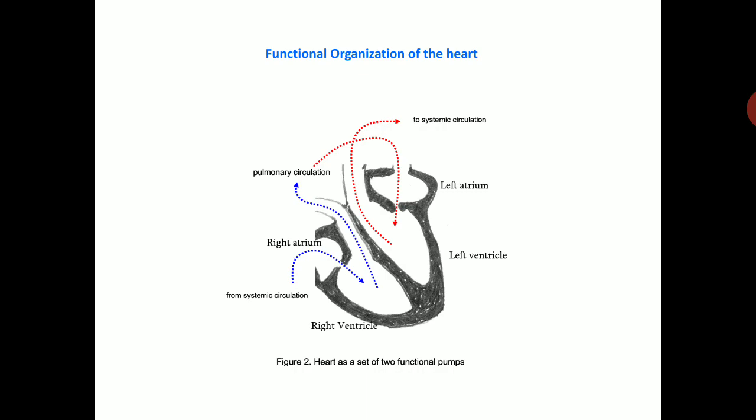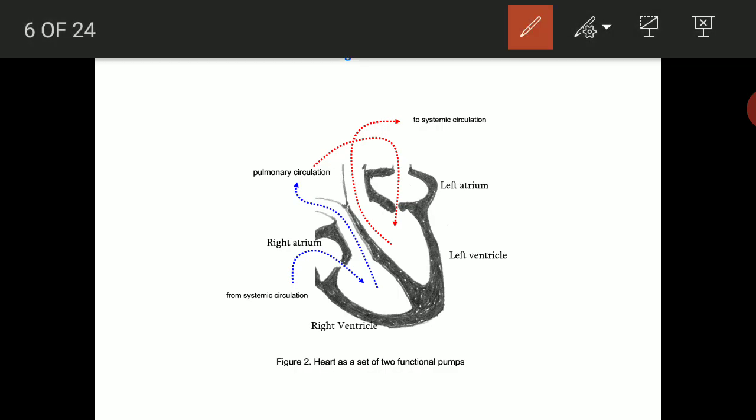So in this schematic diagram we are seeing that blood from the systemic circulation through the vena cava is going to the right atrium, and from here through the valve, this valve is the tricuspid between right atrium and right ventricle, it is going into the right ventricle, and from here through the pulmonary valve it is going into the pulmonary arteries, and these arteries are supplying the lungs where oxygenation of the blood will occur and carbon dioxide will be